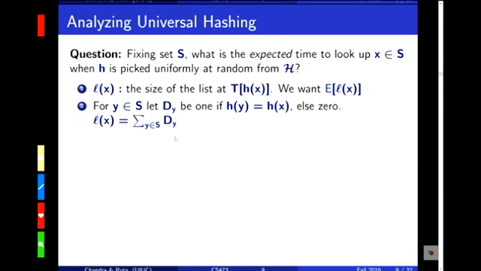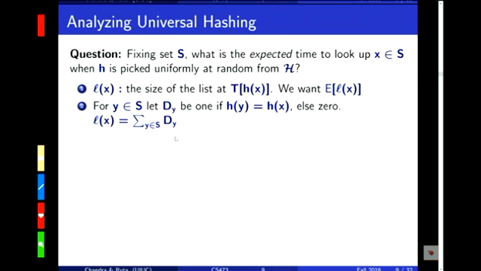So what is the probability of this happening when I'm picking h at random according to a universal family? We just said it's 1 over m, right? So what is the expectation of this random variable dy? No, not L of x, I'm saying dy. dy is also a random variable which is 1 when y maps to the same position as x. The expectation is 1 over m, right? That is because that's exactly the probability that h of x equals h of y,